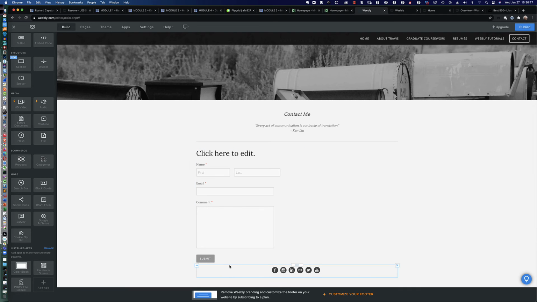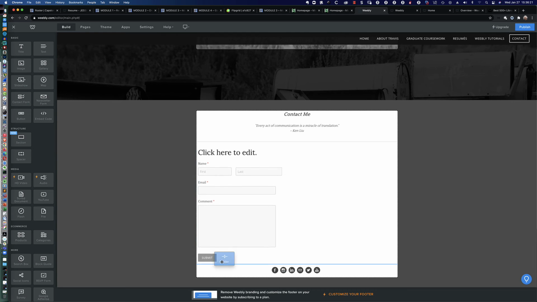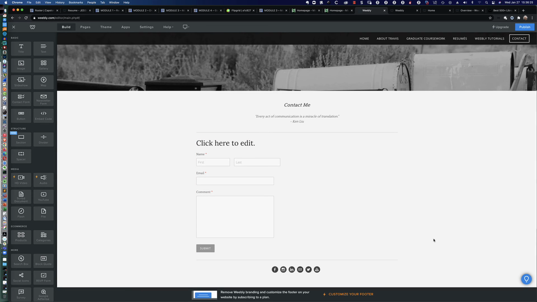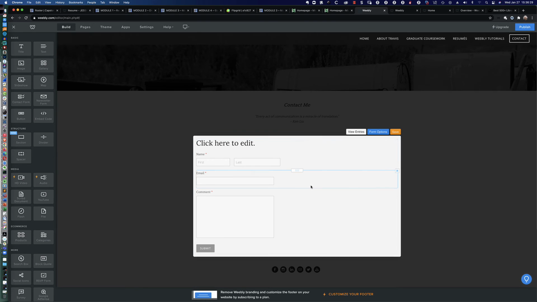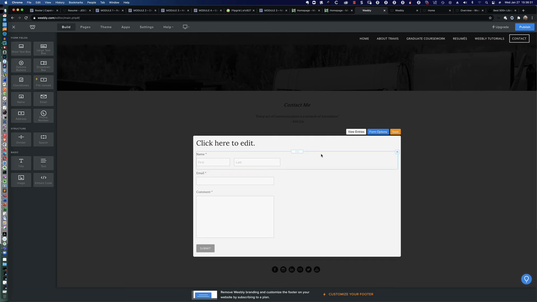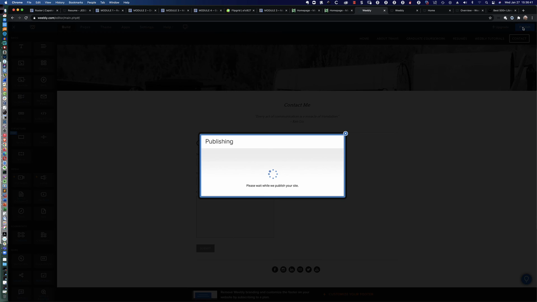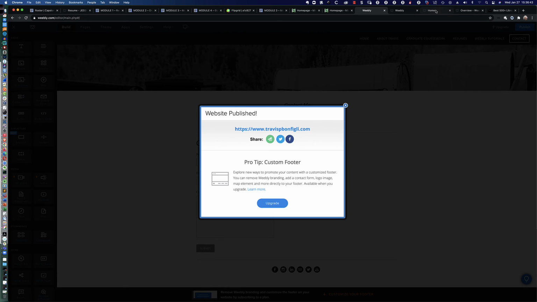So what I'd also like to do is, it's kind of sitting out here, so I think I'm going to use a divider. I'm going to bring a divider out to place on top of the socials to give me a little separation from the contacts page. Now, on this contacts page, you'll notice we've got different fields and forms. We're just going to go ahead and leave the contact page the way it is. Now I'm going to click publish,